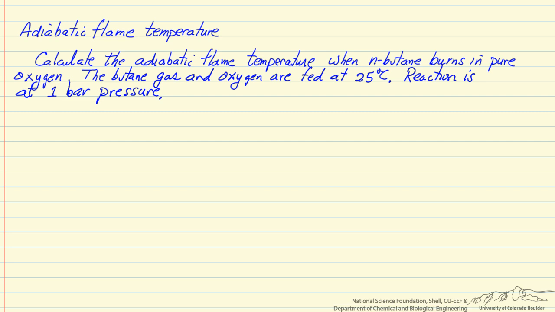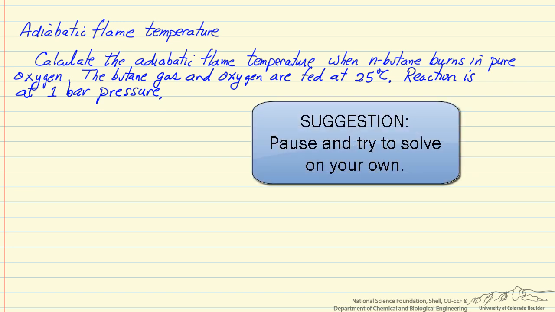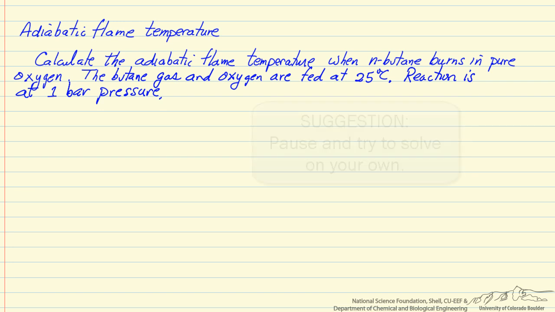In this problem, we're going to calculate the adiabatic flame temperature when normal butane gas is burned in pure oxygen. We're going to feed both the oxygen and butane at 25 degrees C. Reaction is at 1 bar. Now the way we do this calculation is we create a pathway